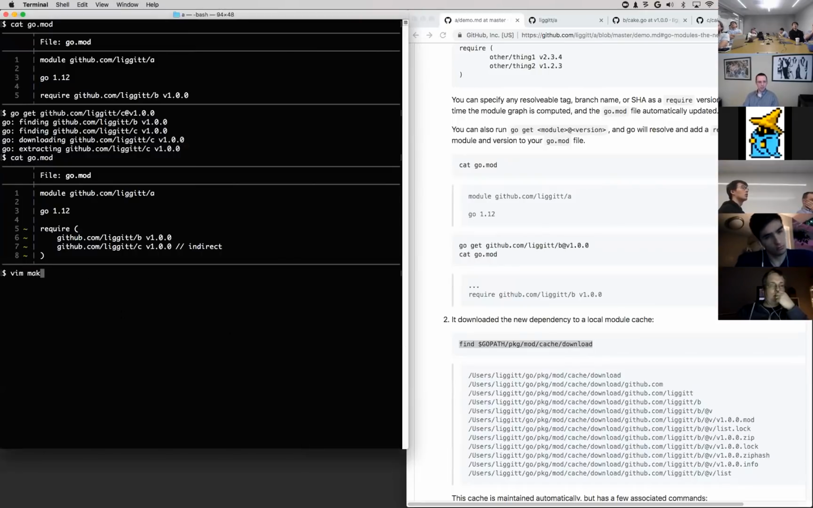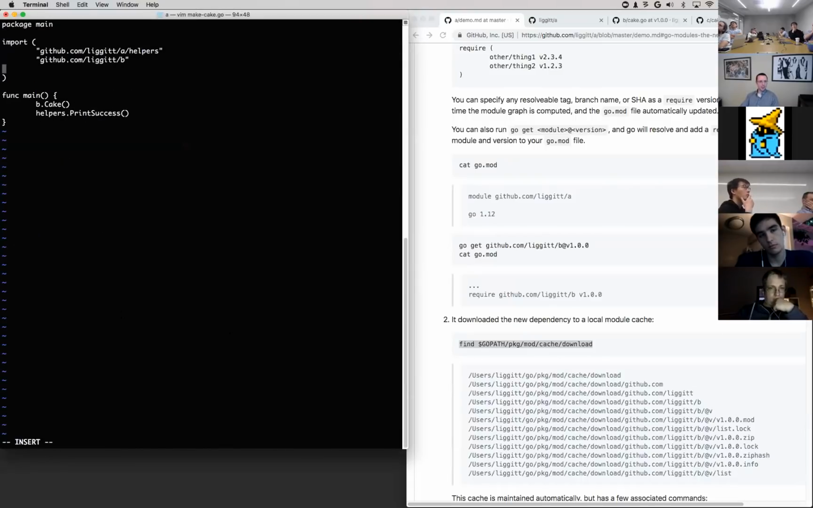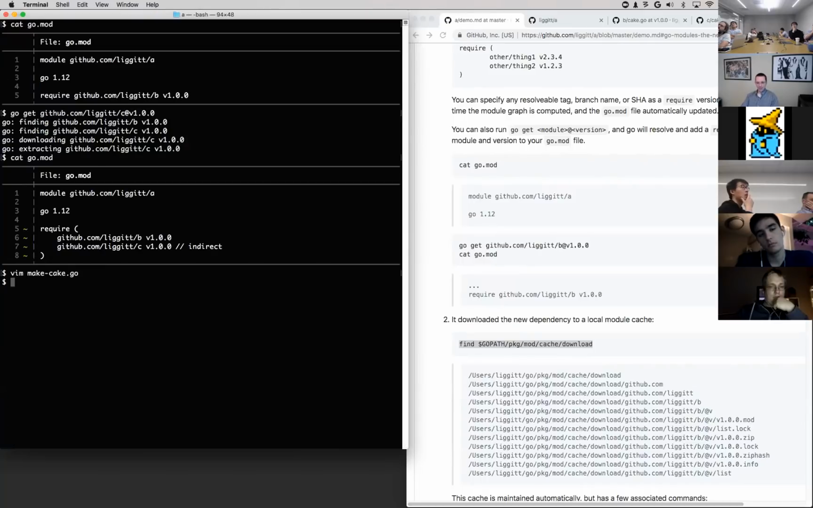So we'll import it, and we will call this method from it. And so now once we save that and run,